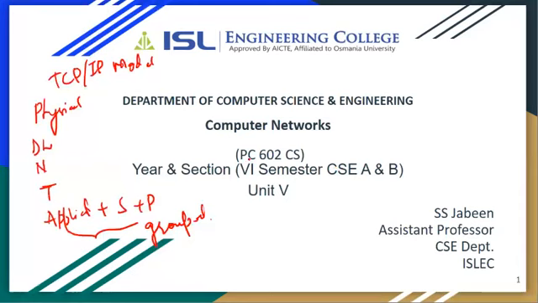First and foremost, what is the main functionality of the application layer? In the OSI model, if we write the layers from bottom to top, the first top layer is the application layer, then the session and presentation layers, then the transport layer, network, data link layer, and the physical layer is the bottommost layer. We have seen the functionalities of each layer in detail in every unit. Now, for the application layer, as you can notice, it is the closest layer to the user.